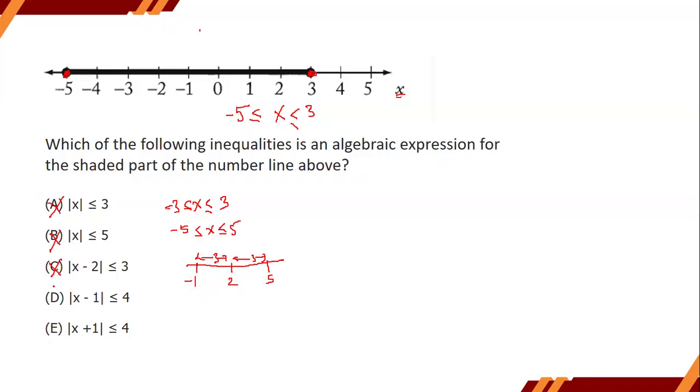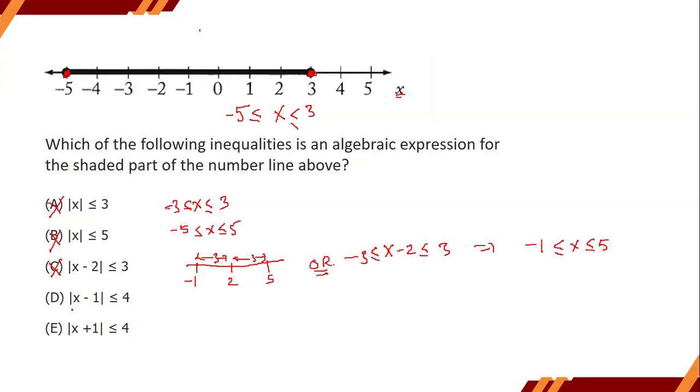Hope this is clear. Even if you solve it, you can solve it. X minus 2 lies from, what is given? Yeah, -3 to +3, right? So this implies that -3 plus 2, that is -1, right? And 3 plus 2, which is 5. So that's what we got here also, right? Okay, now